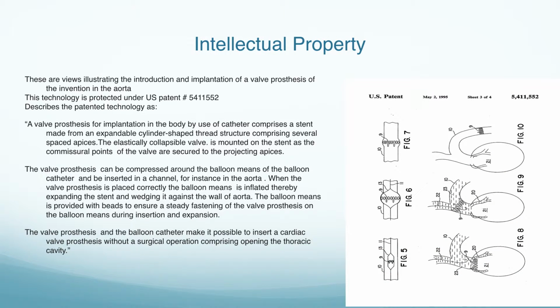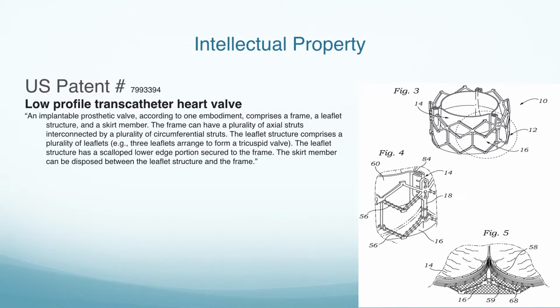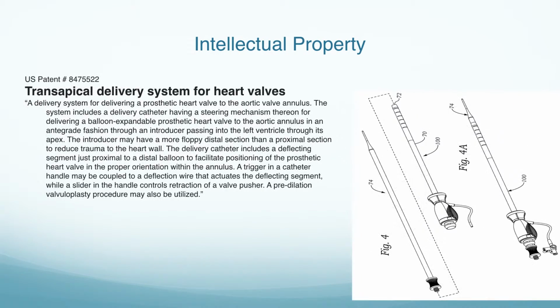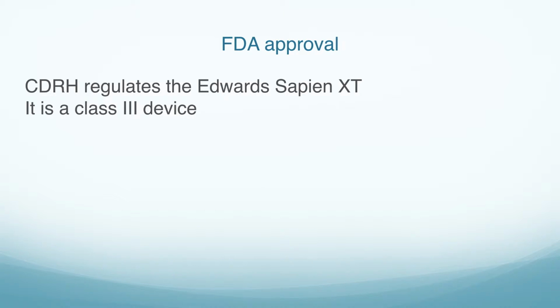And then Edwards Lifesciences owns a lot of intellectual property, including the implantation of a valve prosthesis, low-profile transcatheter heart valve, transapical delivery system for heart valves, and CDRH regulates the Edwards Sapien XT. It is a Class 3 device,